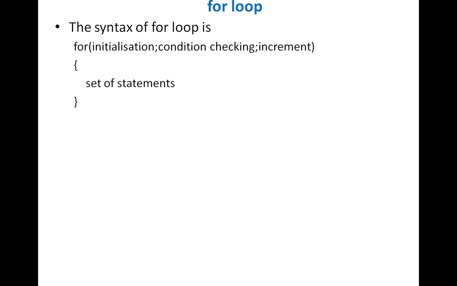So the syntax of the for loop is, for example, for, then initialization, and in between the condition. Initialization means, suppose you want to write 1 to 10, the initial value is 1. Condition checking means up to what level the block repeats. Suppose you want to write up to 10, then your condition is less than 11, that means up to the number 10. And increment means, suppose your initial condition starts from 1,